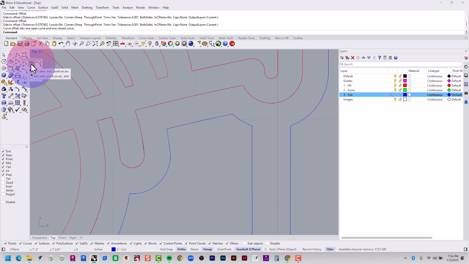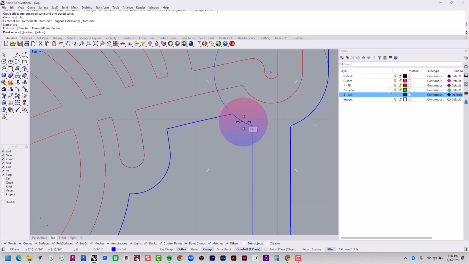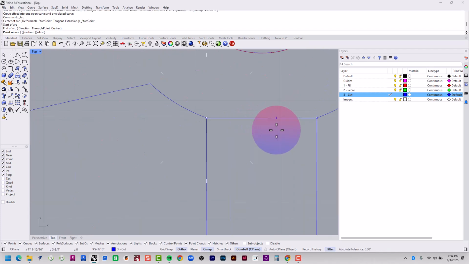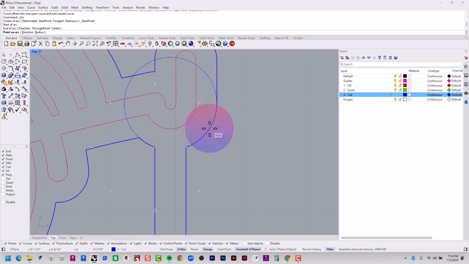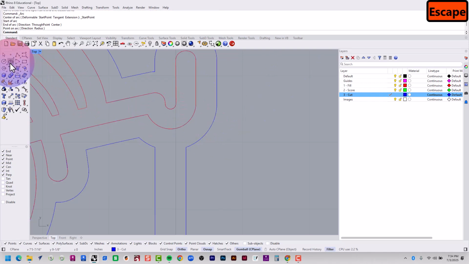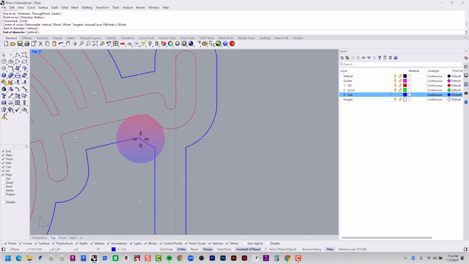Let's just start, end point on arc. Here, here, and sometimes you need to turn off grid snap and ortho. Let's see, let's hit escape a couple times. Let's do a circle instead. Let's do a 2-point circle. Let's say from here to about